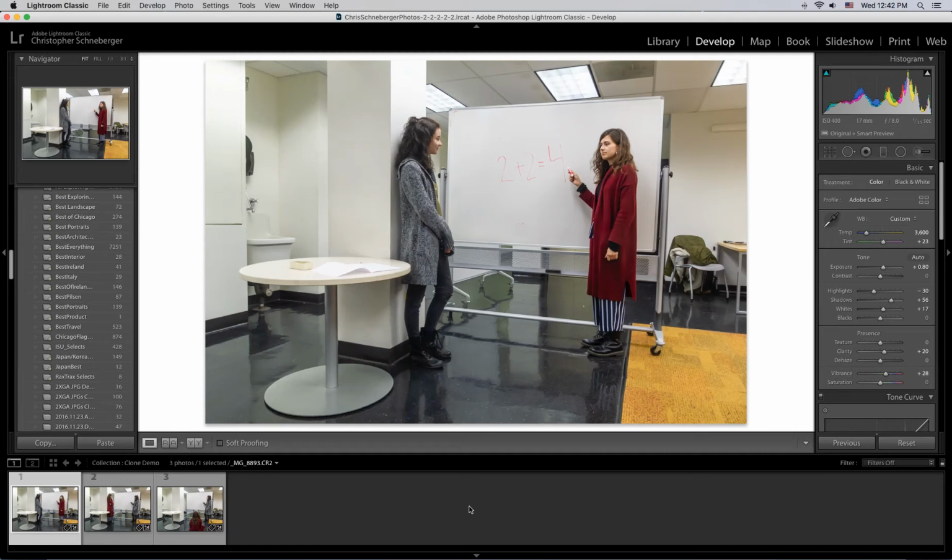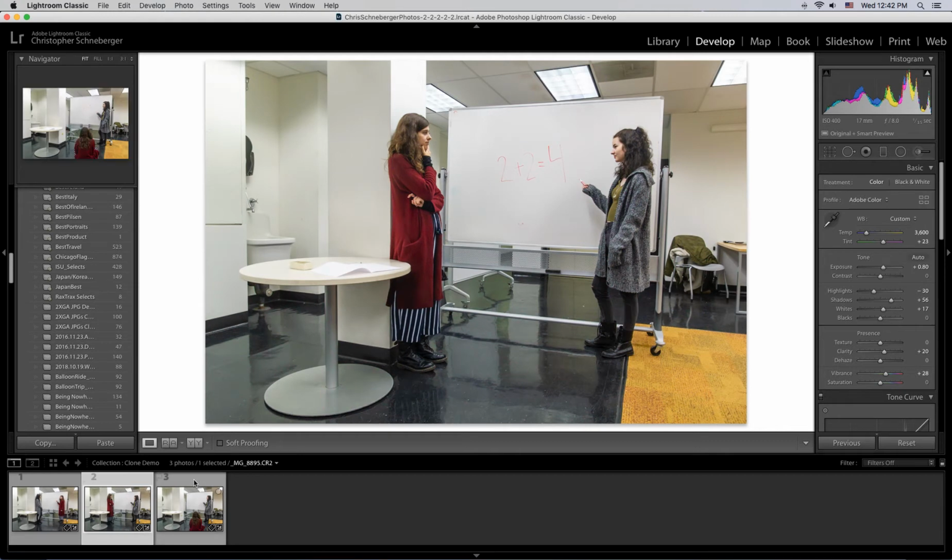Hi guys, I'm going to show you now how to make a basic clone composite photograph. We're going to have an image here that has three versions of Hadley. She's the young woman you see on the right with the red sweater coat. And so I have photographed these three situations with Hadley on the right, Hadley on the left, and then Hadley